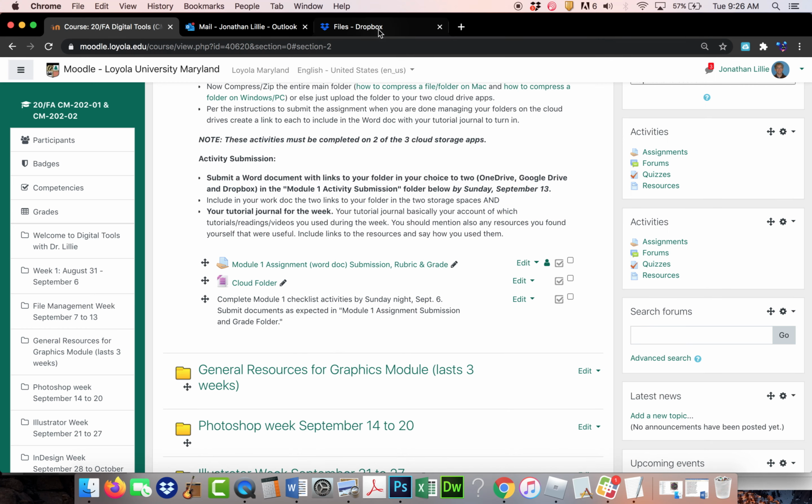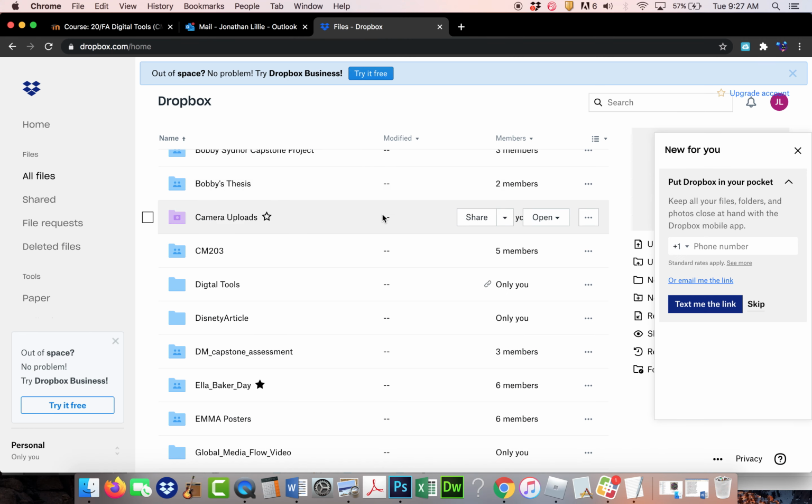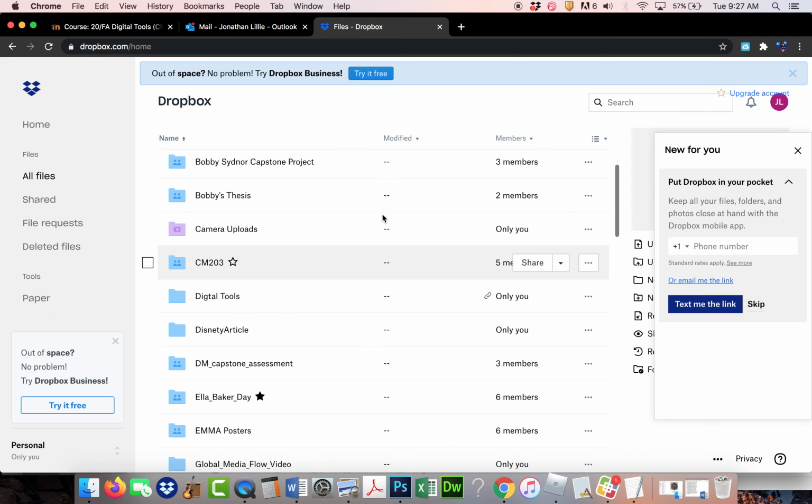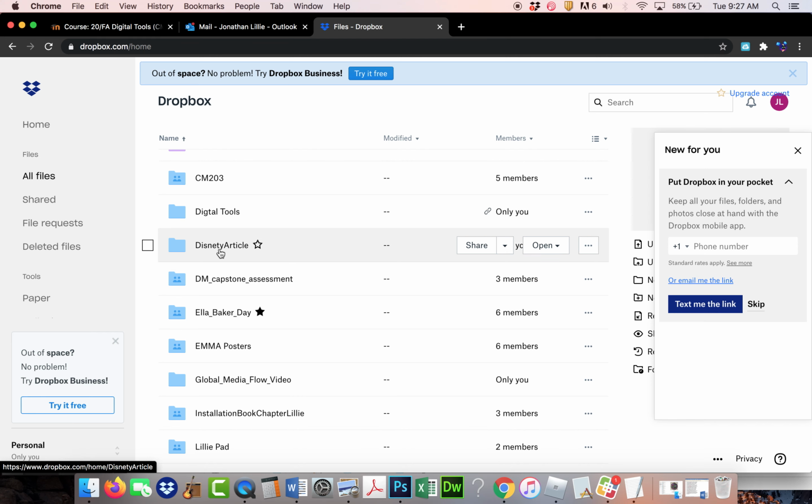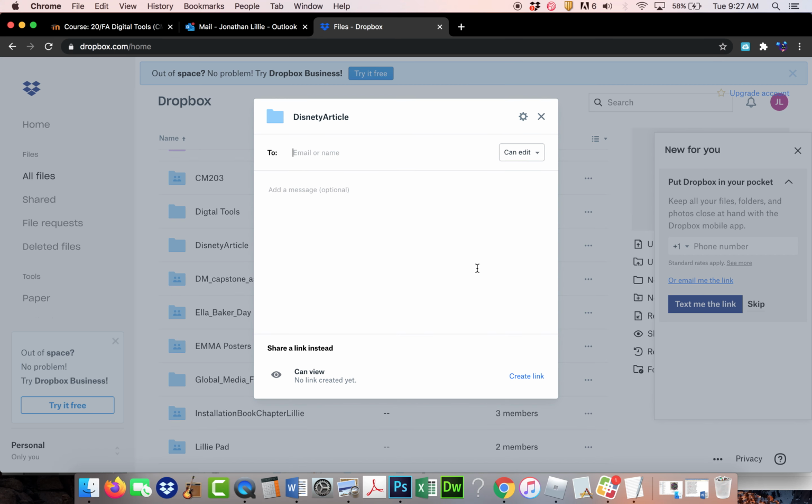I have Dropbox over here. Okay, so let's say, let me find out. So this is my Dropbox, is what it looks like. Let's say the folder I wanted to share, I'm just randomly choosing one. And this is going to be different in each app. So one thing you need to learn, whichever 2 storage apps you choose to use for this assignment, you need to figure out how do I get the link to that folder once I've put it in there and all my folders are there. So in Dropbox, it's through share, and I'm going to go to share, and then down here, I'm going to go create link,